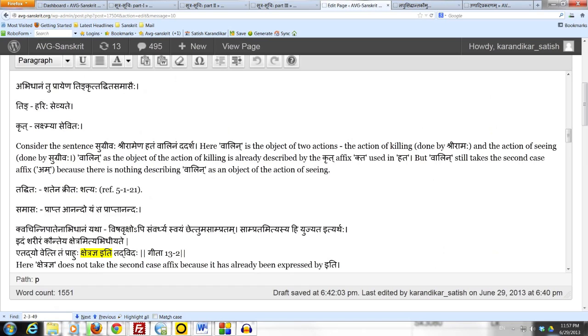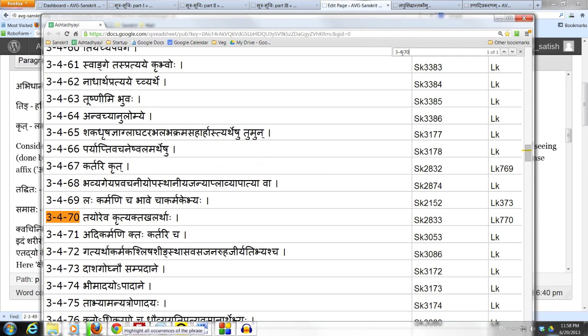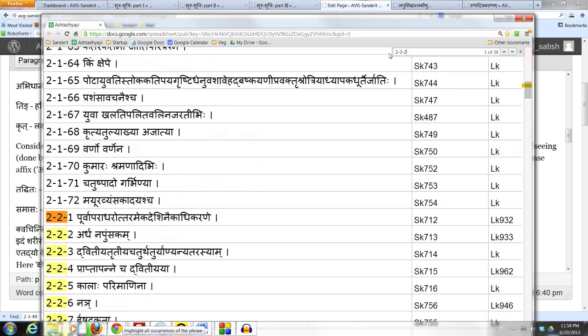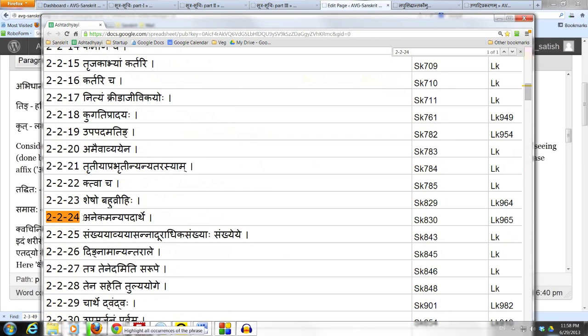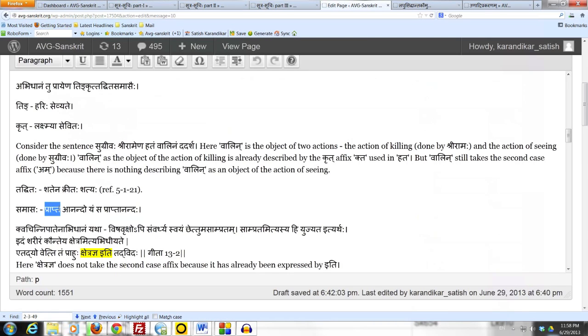But in Sa Praptanandaha, we see that Prathama Vibhakti is used. How is that? Because even though he is the object of reaching, that object has already been described by the compounding process. The compound Praptanandaha already stands for Prapta Anandaha Yam. The compounding here is done by the Sutram 2.2.24, Anekam Anya Padarthe. So Prapta and Ananda compound together to describe someone who is not in the compound. And that someone is the object of reaching. So that someone is already described by the compound, and therefore Dvitiya Vibhakti is not used. We default back to the Prathama Vibhakti by 2.3.46.